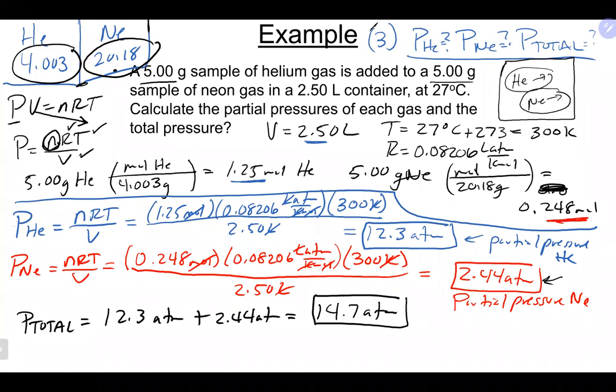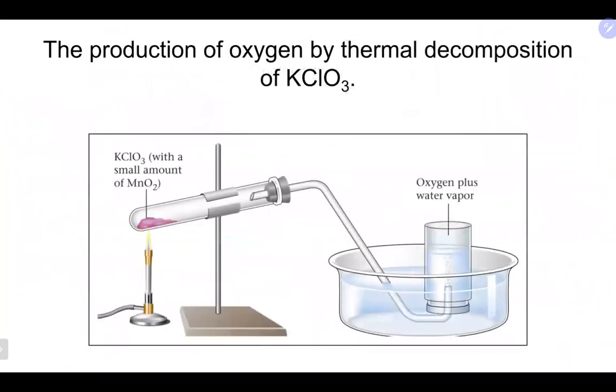So this is one type of partial pressure situation. Another type of partial pressure situation is a situation like this. Maybe you did this one. Bad memories. All right, so you put something like a little potassium chlorate here, and you heat it up